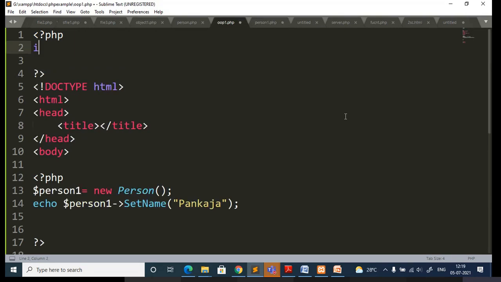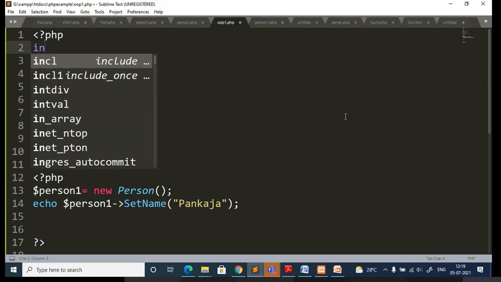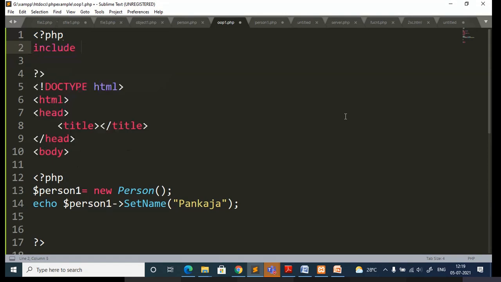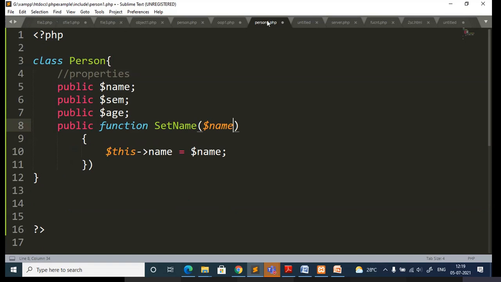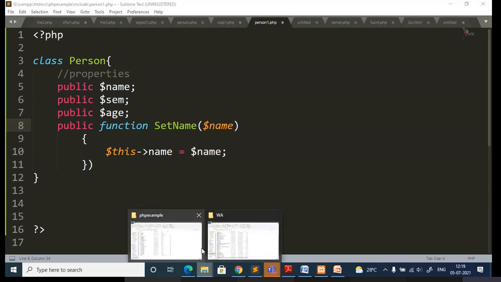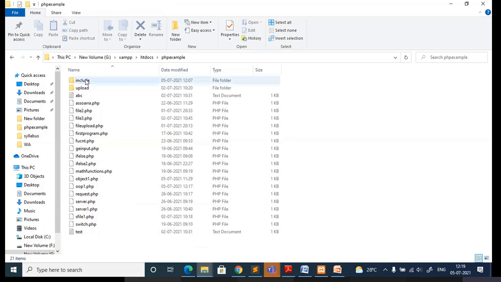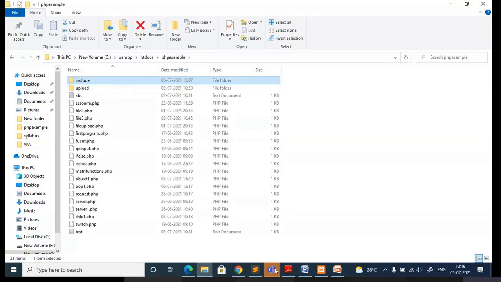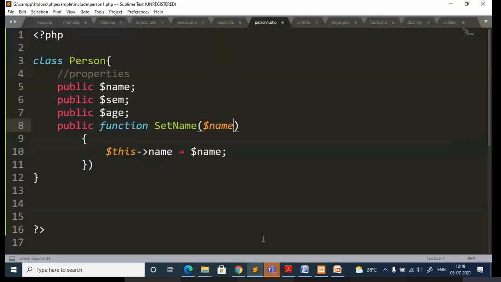For that you have to use include. Give the path where this file is located. In the root directory I have one more folder called object oriented one, and within that I have this include file followed by the corresponding class file. So just try to include that here.